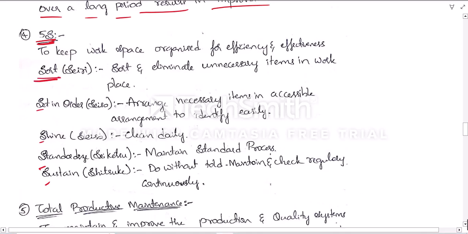We have to sort it. Let me take an example of a study table. If we have all the books in a study table clumsily, we cannot find the exact book when we need it, and we think it might be gone, and we purchase the book again. It might be happening many times.